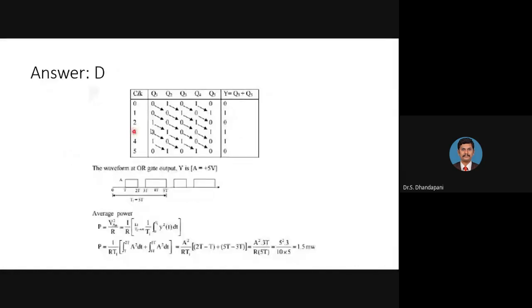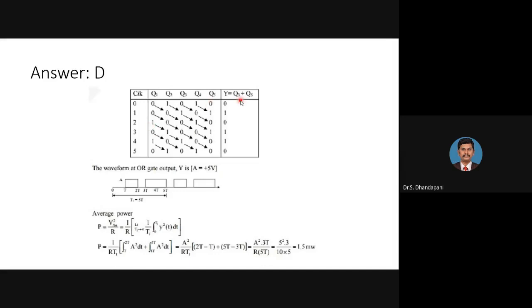So the values are simply shifted. The initial value is 01010, so I am taking the first 4 values, 0101, available as Q2, Q3, Q4, Q5, and this Q5 value is available as Q1. Next, 0010 becomes Q2, Q3, Q4, Q5, and Q5 is available as Q1. So this value is repeated.